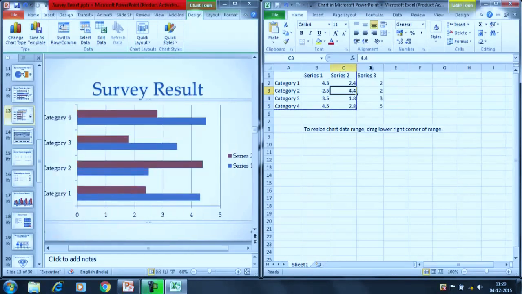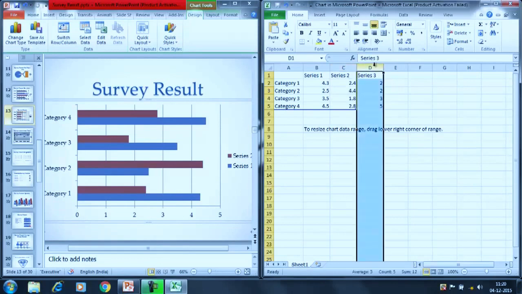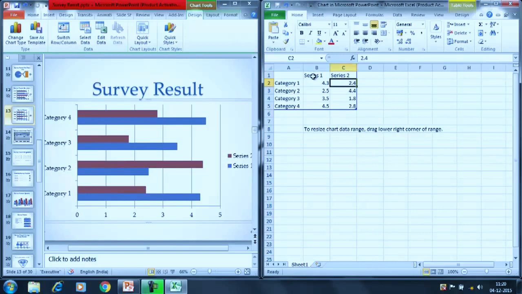We have only got 2 series now. If you want, you can remove this. You can write the questions, or the quarter, whatever you want to represent here.